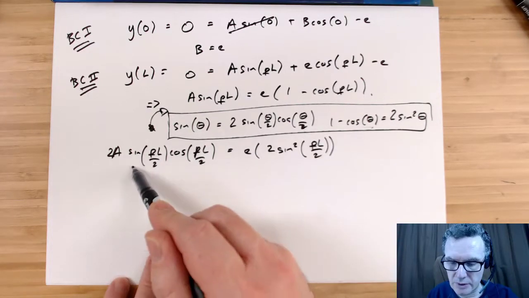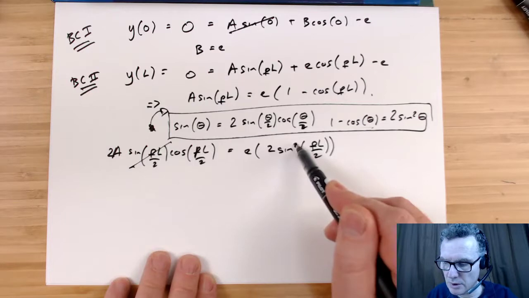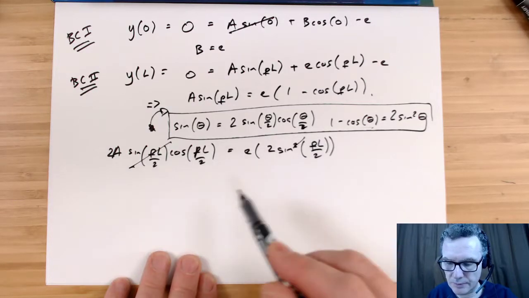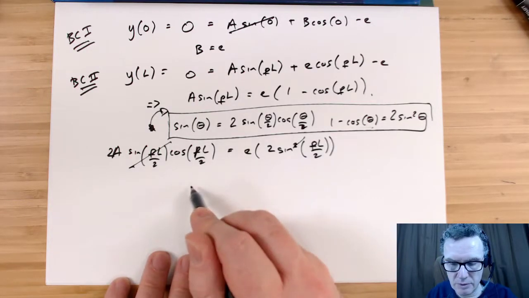So I can see that I've got a sine PL, which is going to cancel one of them. So that leaves me with A